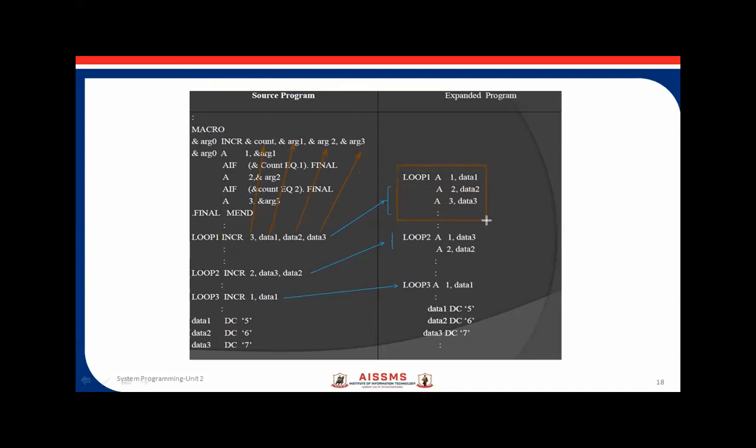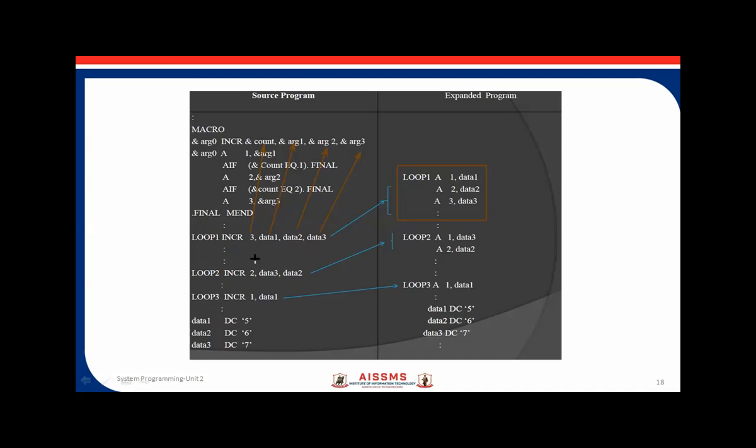In this expanded form, you can see that in this particular loop, data 1, data 2, data 3 are replaced with argument 1, argument 2, and argument 3 respectively.